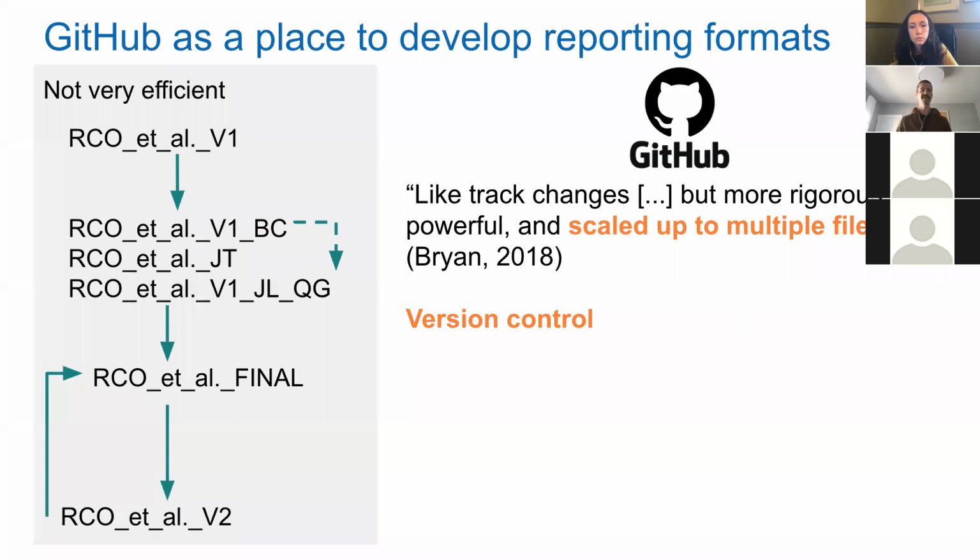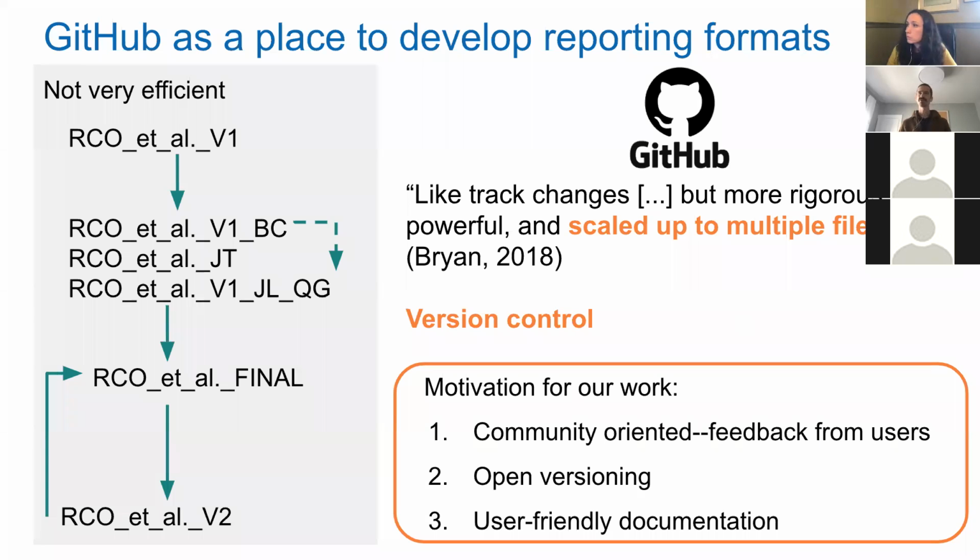So recently, more research teams are using the site GitHub to collaborate on more text-based documents like our data reporting formats, text and spreadsheets. This served as our jumping off point to figure out how to best host our data reporting formats for community collaboration. Some of the key underlying principles about this work is that we are community oriented at ESSDIVE,